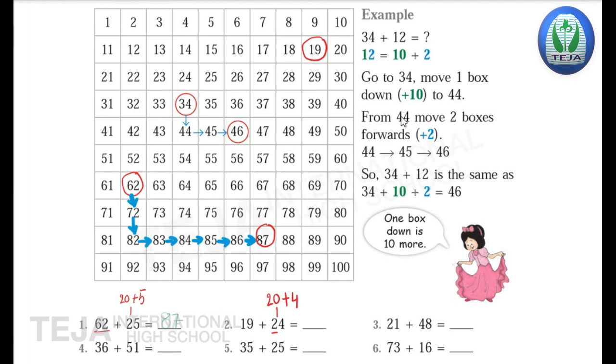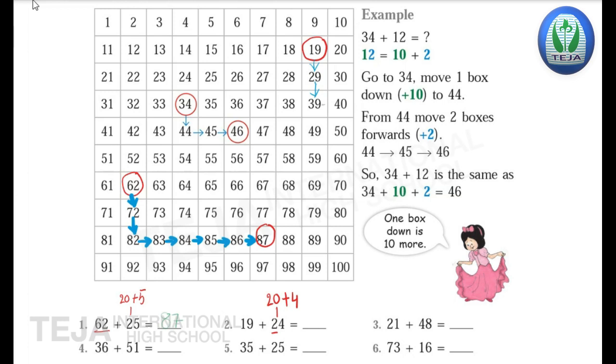When we come down one box, it means 1 ten. Another box, here we want 2 tens. So come down 2 tens. Okay, move down 2 boxes. 19, when it comes down one box, is 29, and we want 2 tens, so 39. From here we have to move forward. How many, Emma? How many in the ones digit? Number 4 is there, so you have to move forward 4 times.